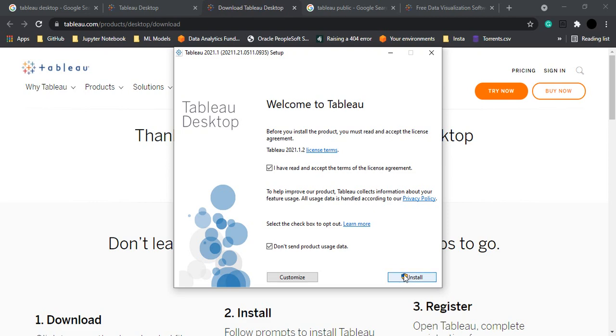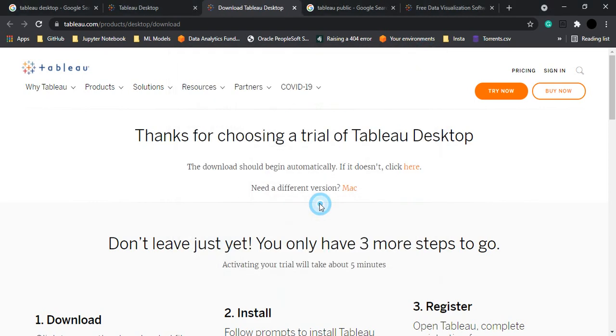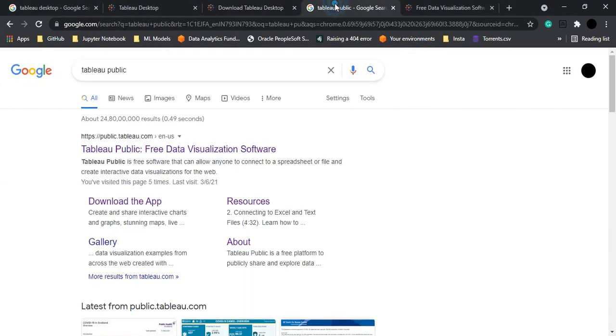I'm not going to click on install button because Tableau Desktop is not what we are going to install. We are going to install Tableau Public, but here you can click on install button, nothing else required, and that would be installed onto your system. Now what I'm going to do is instead close this setup, click on yes. Now let's go for Tableau Public and let's see how it is downloaded onto our system.